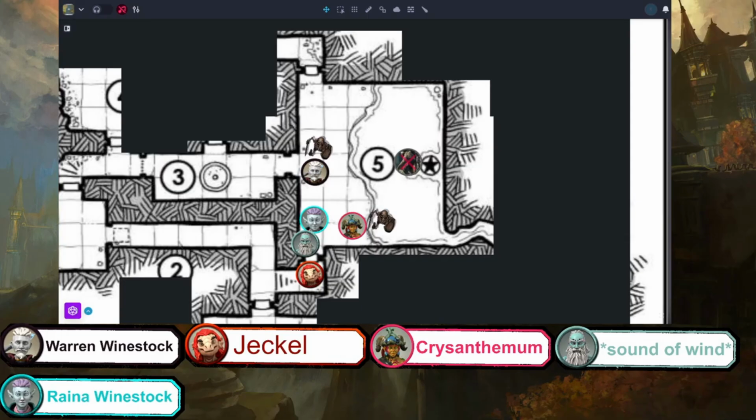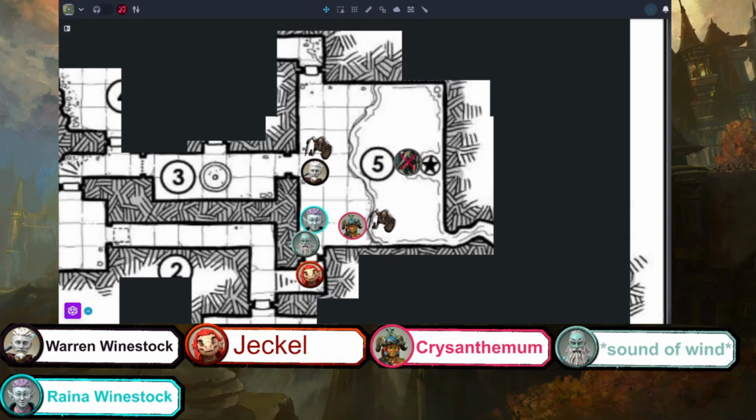Good goddamn. This skeleton explodes into a pile of bones and dust as you sweep your quarterstaff through its form. Really? I'm bad to the bone. Damn right. Sound of Wind, it's your turn.